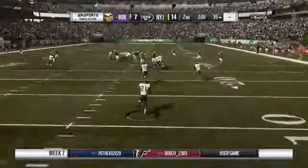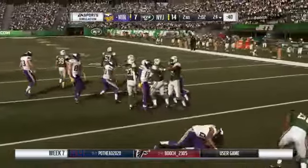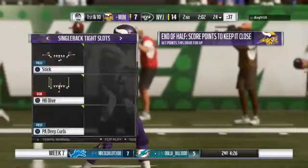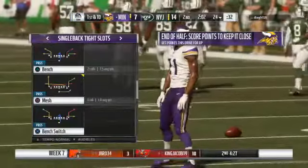This is taken at the 3. And a pretty good return here. He'll be stopped just shy of the 25 at the 24-yard line. And now out comes Minnesota, hoping to do better than they did their last possession when they punted the